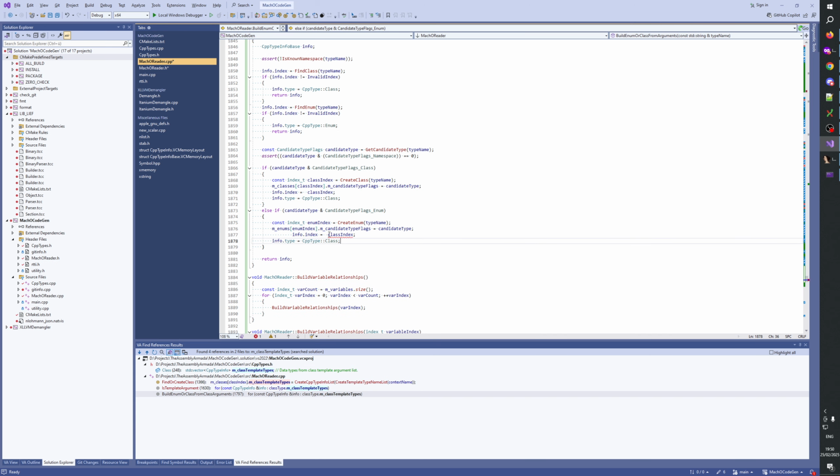Here's enum index, enum, and then we also have else if candidates